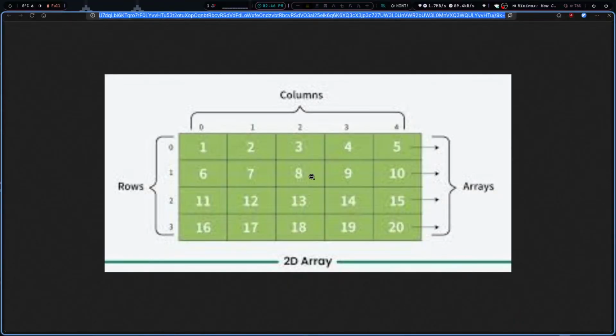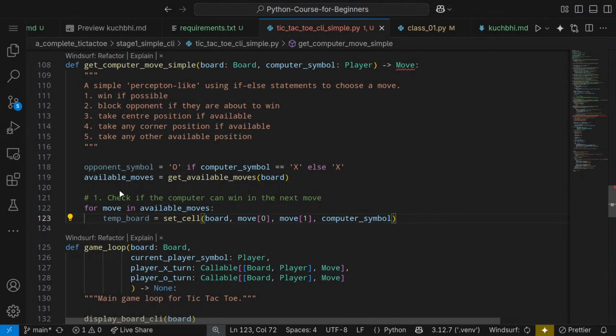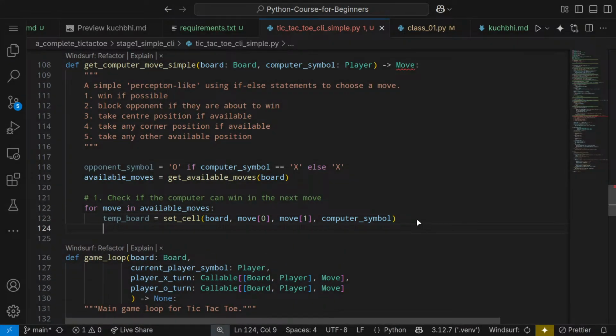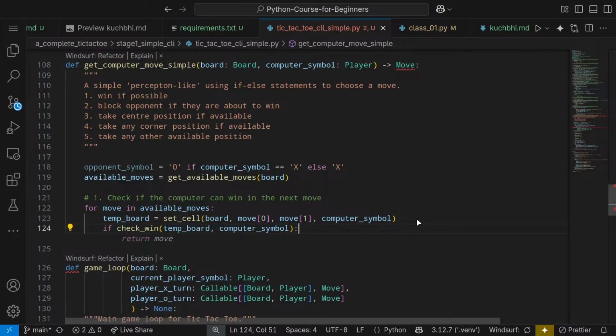Okay, we are going to make the algorithm, and let's keep on making the algorithm. Hopefully, while making it, you will try to understand what happens. We are making a temporary board where we are setting the different moves of the computer. Okay, it is now thinking. It is now thinking that if the move goes like this and like this, then I will go like this and like this. If you check that in the temporary board, in the computer symbol, if it basically wins, okay,